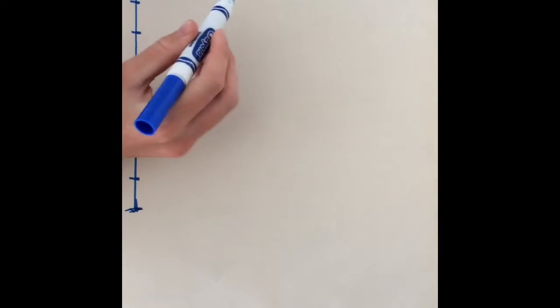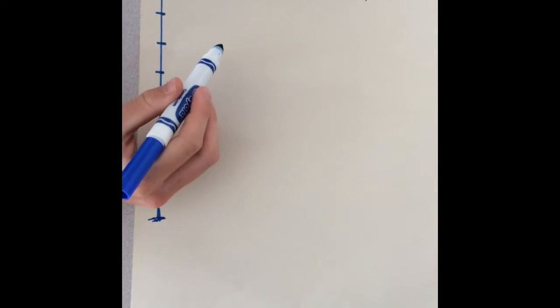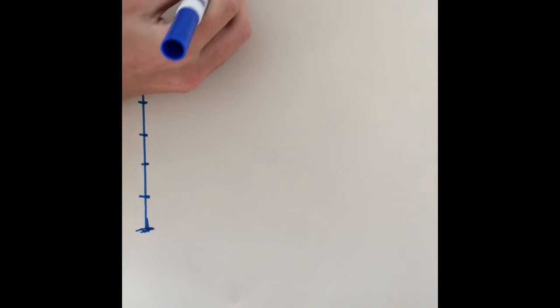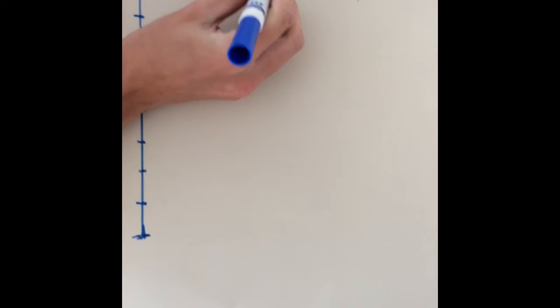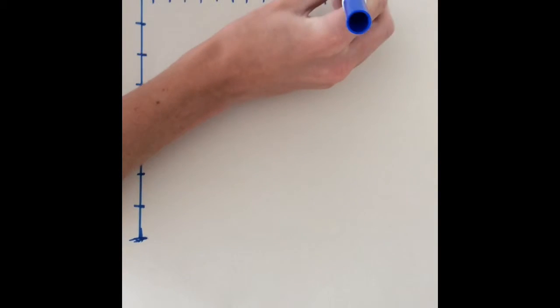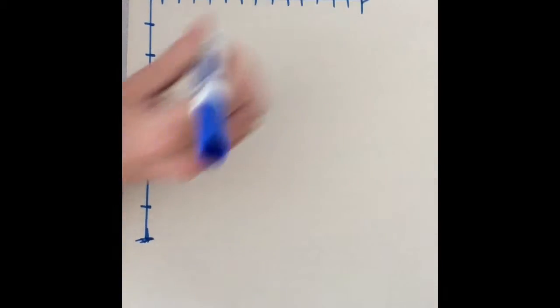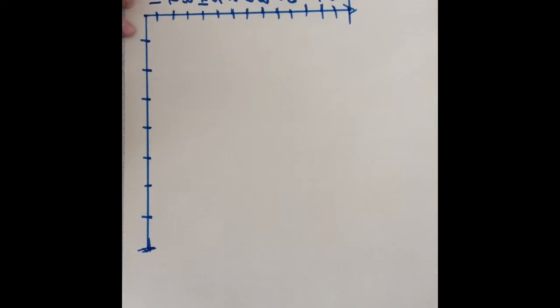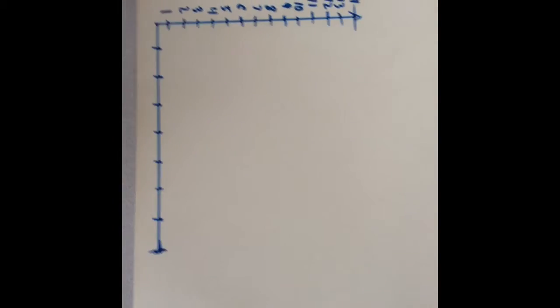So the first thing that you do when you're making a frequency polygon is make the y-axis and the x-axis, and you label them. And then for the x-axis, you use the midpoints of the class boundaries on the frequency distribution table. And so that would be 94,